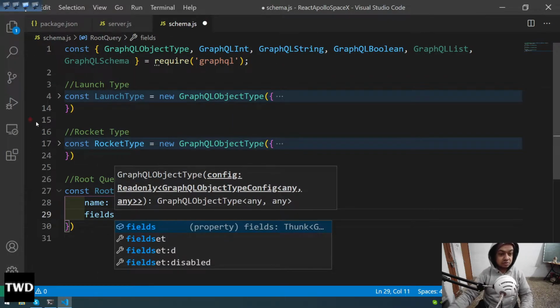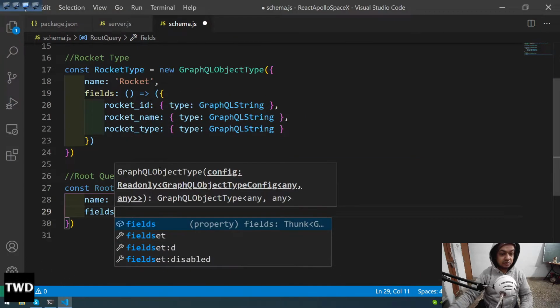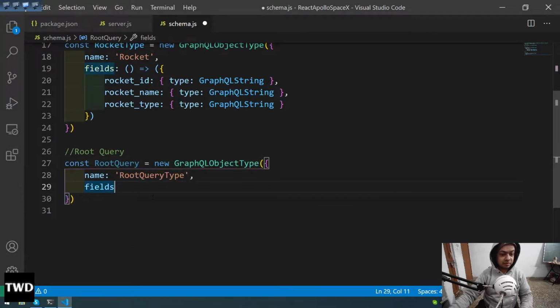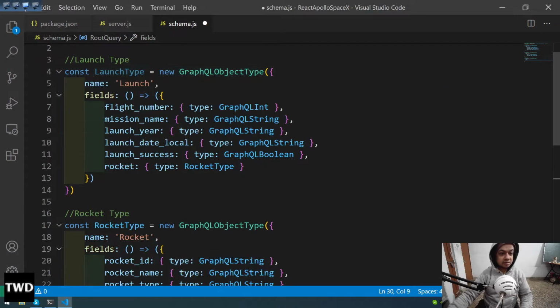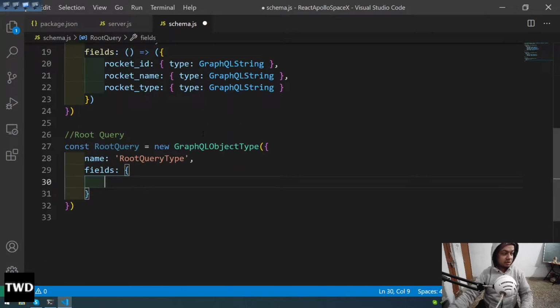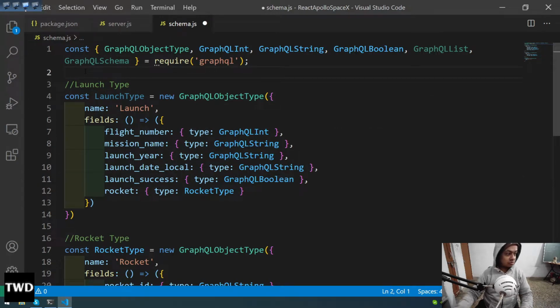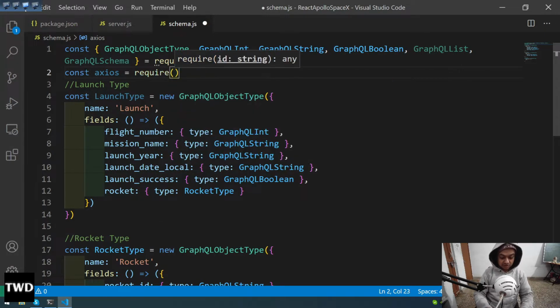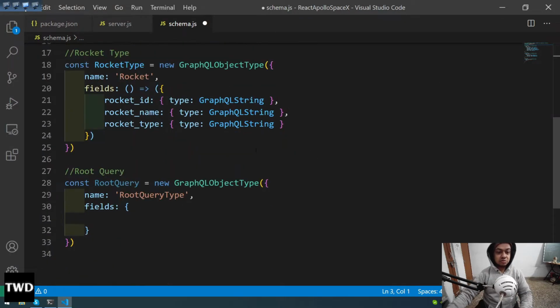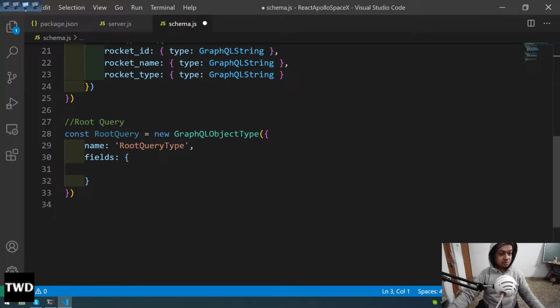So here let me open one of them. Here again we are having the same type of thing, name, then the fields will be there, but it will be a bit different. It will be an object, and from object, well, let me open it anyway. Okay, one more thing I need to do is const axios equal to require axios. So after that the fields I have come,